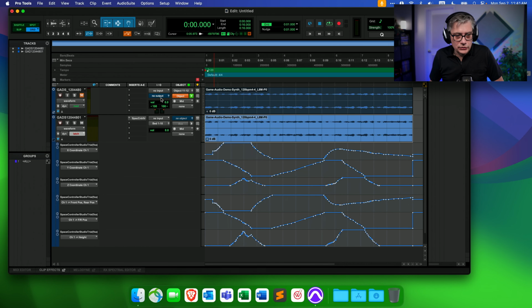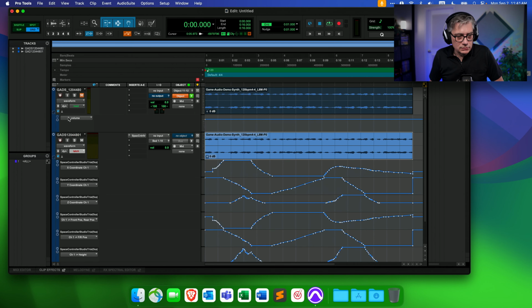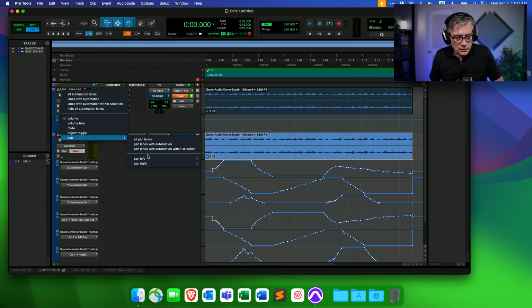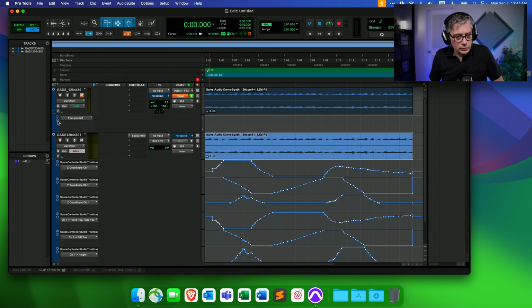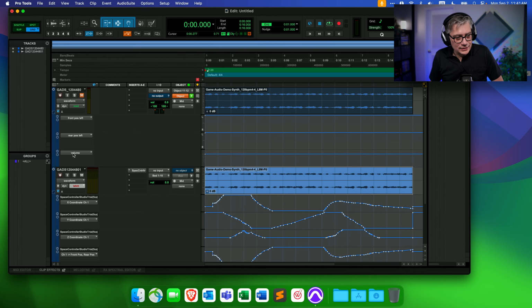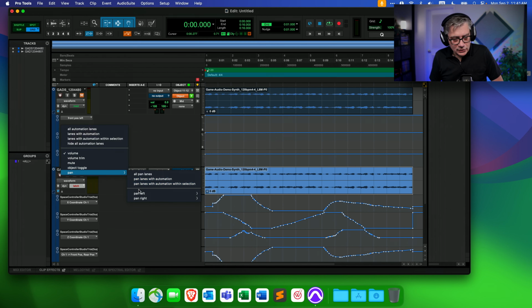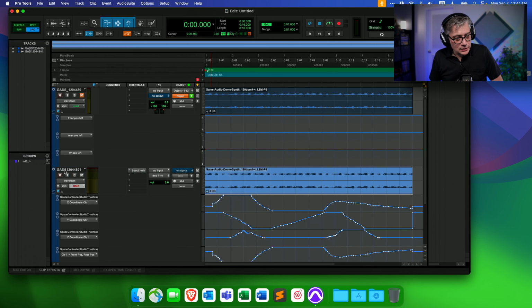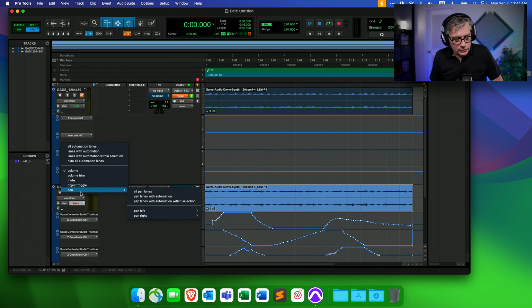Now, what I have to do is copy those over to our Ultimate Panner. For that, I'm going to add the automation lines here. For the left, we are only going to deal with the front left position. Then I'm going to add the front right position, rear left position, sorry. Then we're going to add the distance between front and rear. And then we're going to add the height. So we have 4 here.